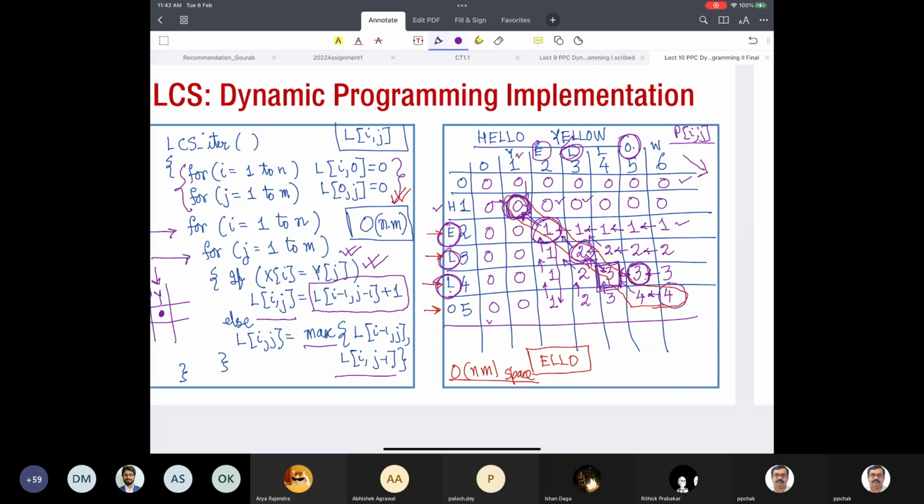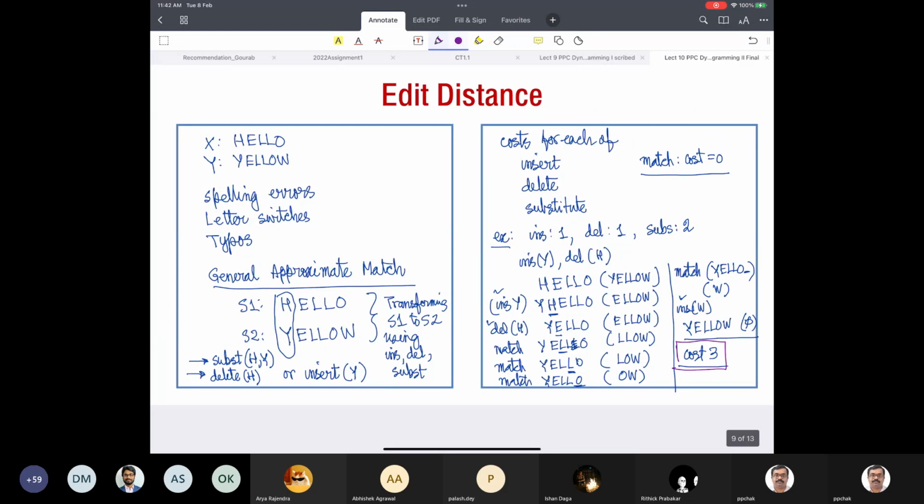Fine. So having done this, we now generalize the idea, and the generalization of that idea is a straightforward concept. The generalization of the idea comes from the fact that we can assign costs. So what am I trying to say is that if they match, I will give a cost for matching. If they don't match, then what am I doing? So there are three cases that I am doing. One is match. So there is a cost for matching, maybe 0. And if they don't match,